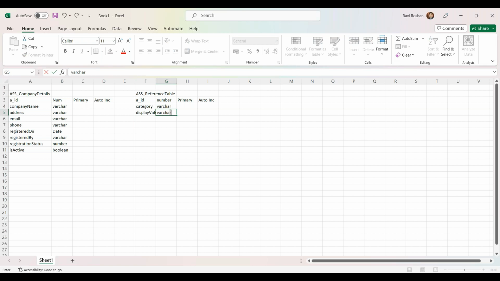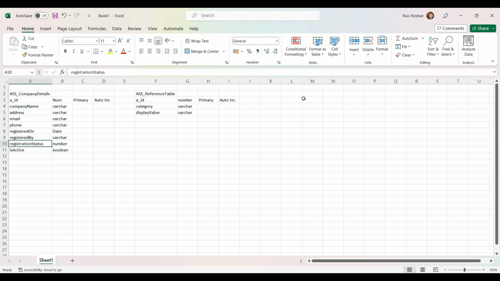What is this reference table, Ravi? See, ideally we should not be capturing the direct values in the table, because if you're going to create views and all, then for the mapping with a different reference table, we should be capturing the ID. So the reference table will always capture all the reference values that we will be using throughout our application. For example, if you are going to capture the status, let me show you an example. AID, then category, and then display value. Let's say I have one, and category I'll say status,